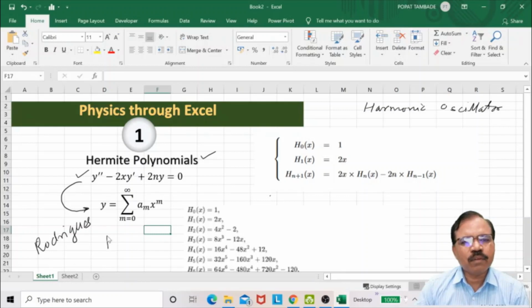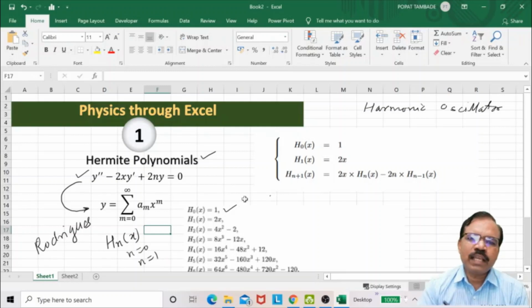We call the Hermite polynomial H_n(x). So here n may be 0, n may be 1, n may be 2, and so on. We have Hermite polynomials. H_0(x) is 1. So we can plot H_0 with respect to x.